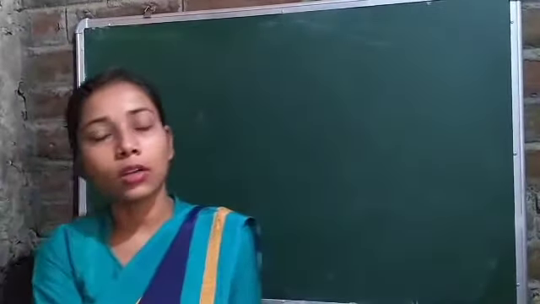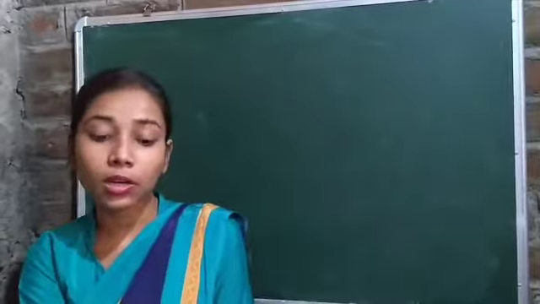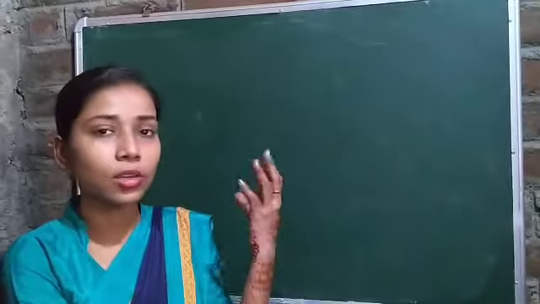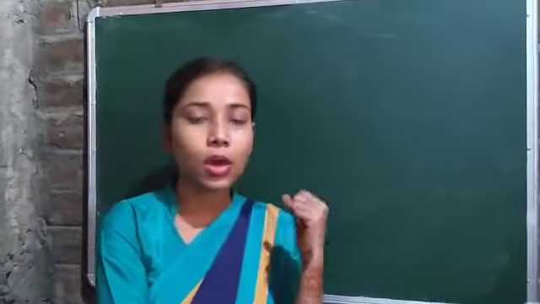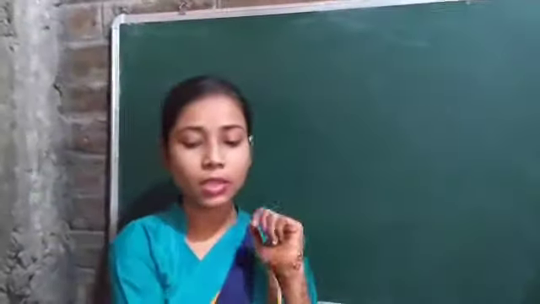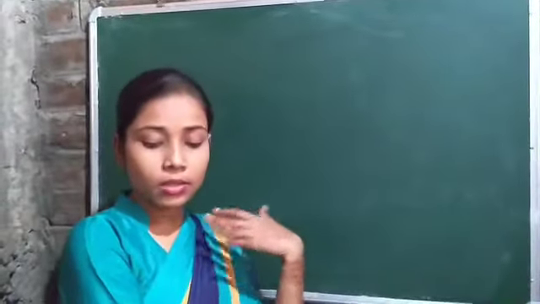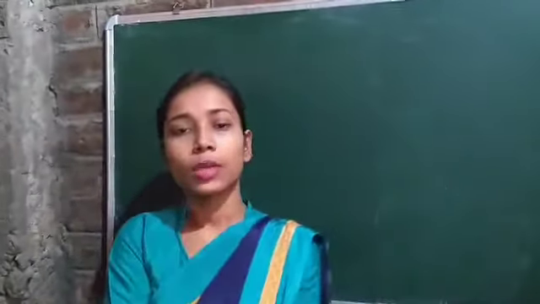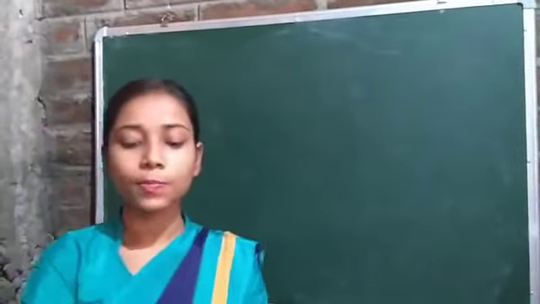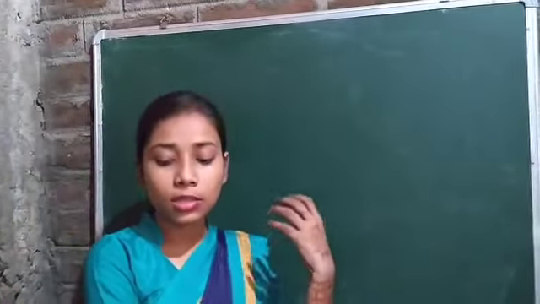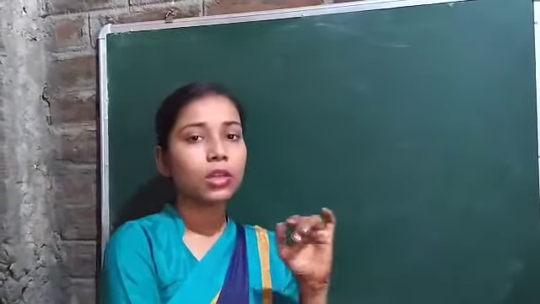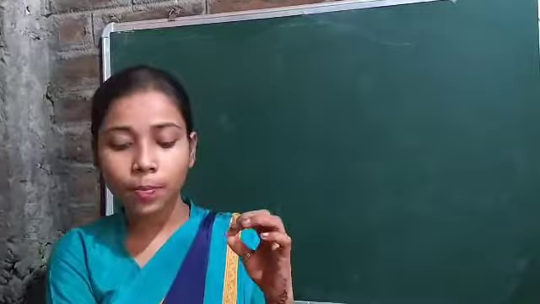We have to work in pairs. Just like the other exercises, we have to choose a partner in the class, and create some conversations between us and take turns to ask. According to the picture, we ask questions to the partner. Like I will ask my partner, is there an elephant in this picture? He or she will say no, there is not, because it is not in this picture.